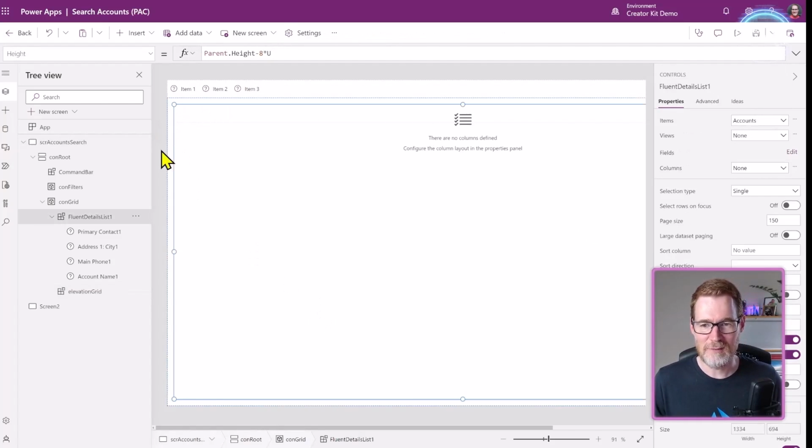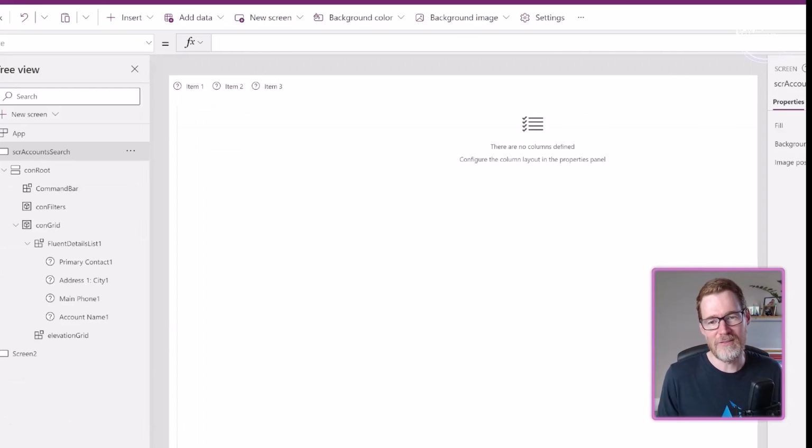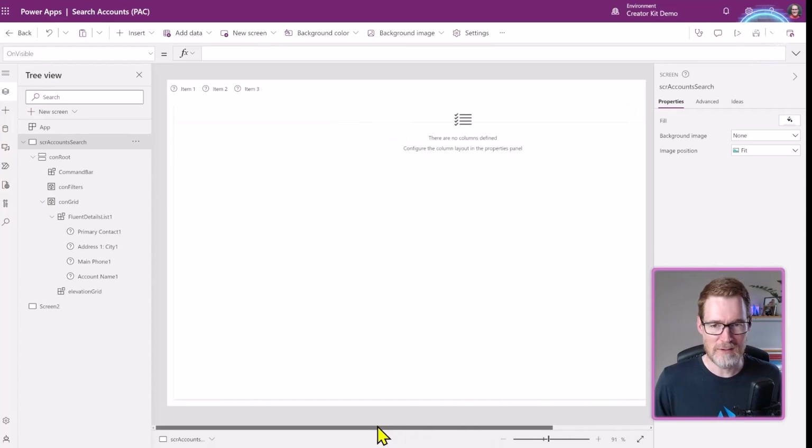So what we can see here is we've now got the elevation and the details list effectively stacked on top of each other, so they look like they're part of the same component. And you can see you've got the scroll bar down the left-hand side here. So it's doing what it should do.